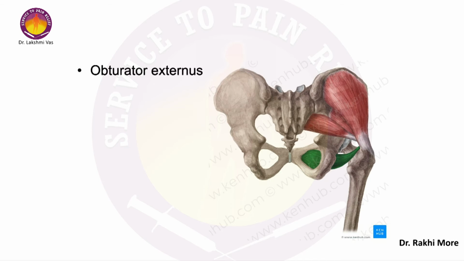And the obturator externus. So we can see that this muscle, actually it is very deep for dissection. You have to reflect the gluteus maximus, then you have to reflect the obturator internus and the 2 gemelli, and then you reach the obturator externus. So most of the times we do not see the obturator externus from either side, from the anterior aspect also and the posterior aspect also. We do not tend to do the dissection that deep. Externus. It is coming from the anterior aspect, from the external border of the obturator foramen.